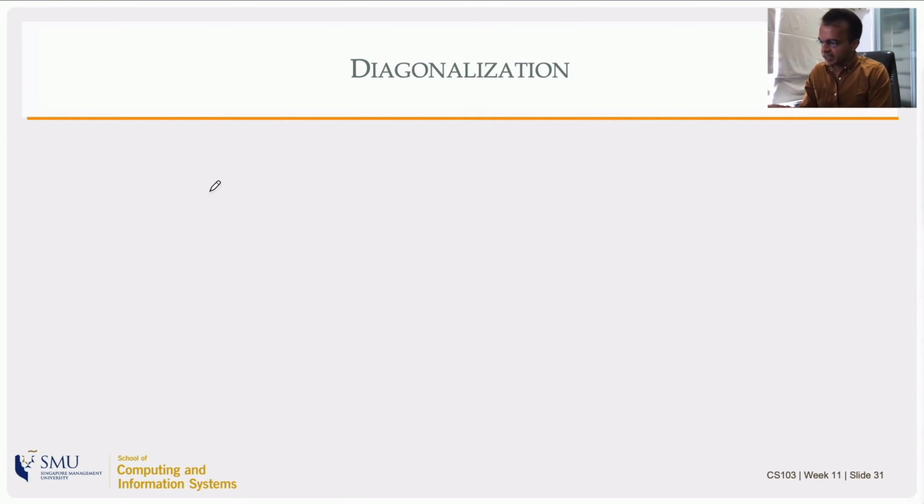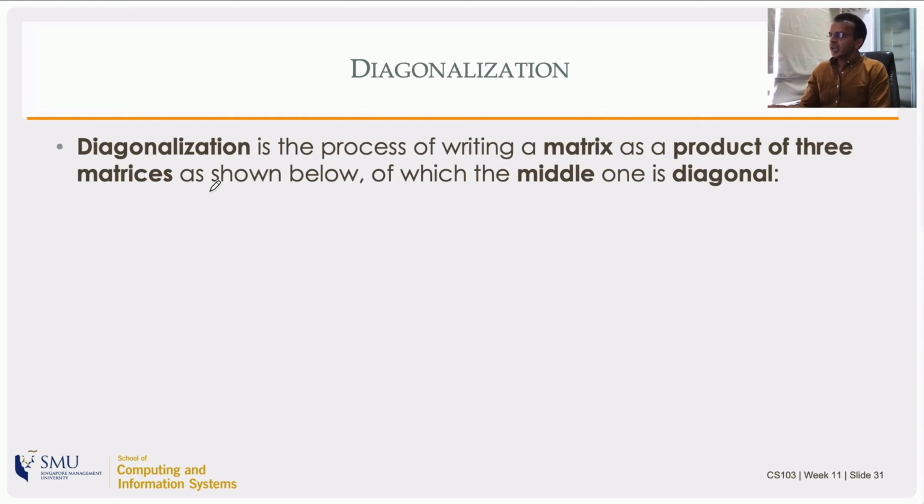And there is one more application, not necessarily for data science projects, but for mathematical modeling in other applications. So that is diagonalization. Right in the beginning I said eigenvalue decomposition will help you write the matrix A as a product of three matrices, in which the middle one is actually diagonal. So suppose I want to write A as some matrix S and some matrix which is completely diagonal, lambda, and S inverse. I'm reusing the letters S and lambda, so it's got something to do with the eigenvectors